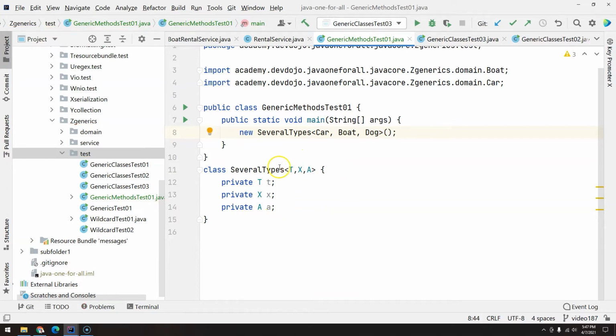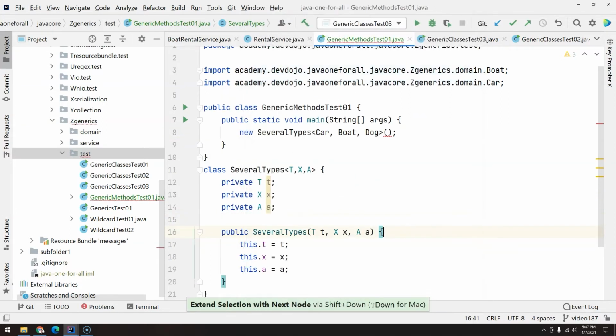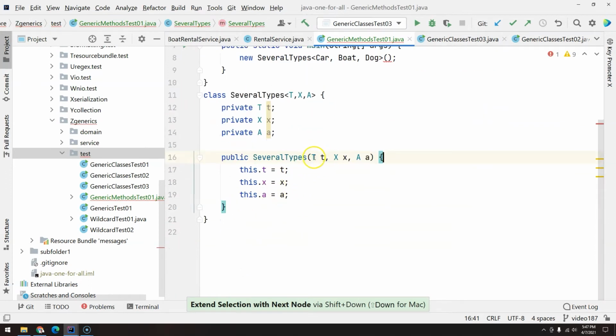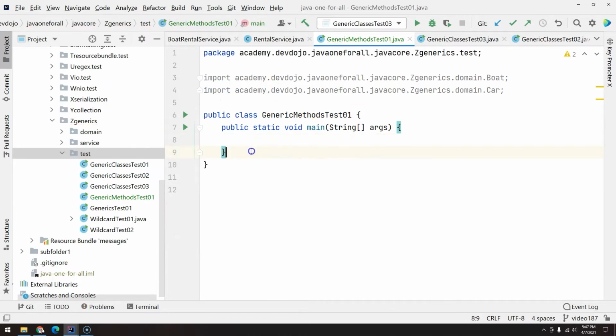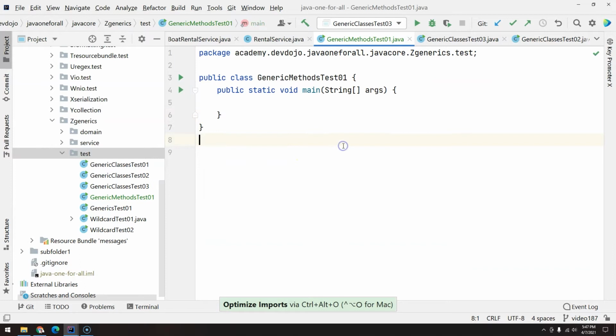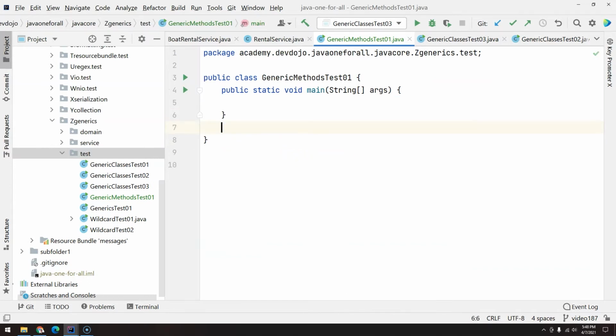You can have as many as you want, especially in frameworks. You will see 2, 3 types being used very often. Okay, so now that we know, and by the way, you can create constructors as well, getters and setters. It works like you have a valid type from the beginning, but the type is going to be defined at compilation time. Okay, so let's now create a method that is generic. For example, let me think. Imagine that you want to have a method that will always get one object and return this object inside a